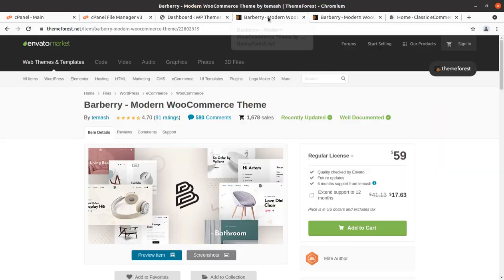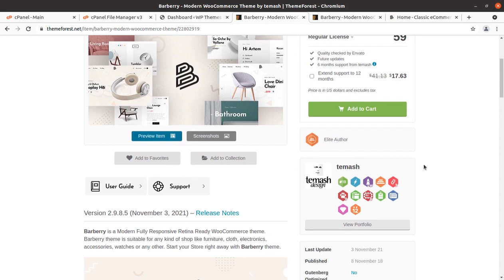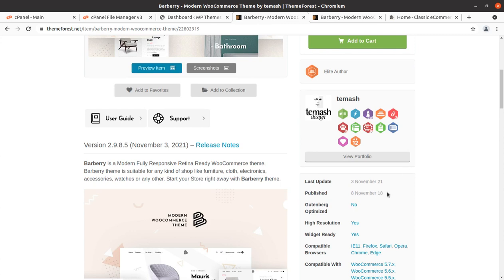This is the Barbary WordPress theme, and it is a modern WooCommerce theme. The theme has been developed by Temesh and it has been working on the web since 2018, and regular updates for this theme are also being done.